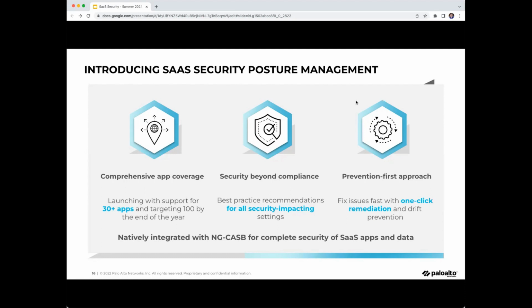We've done a lot of heavy lifting to understand how these settings should be configured, and to make that process even smoother, we've added one-click remediation or API-driven remediation to make it really easy. So once an issue is found, we provide the user with context as to how it should be configured, and then for the settings where it's possible, allow them to just click one button and then have us go and make that change so that they don't have to trudge through all the nuances of the admin console to figure out what to configure